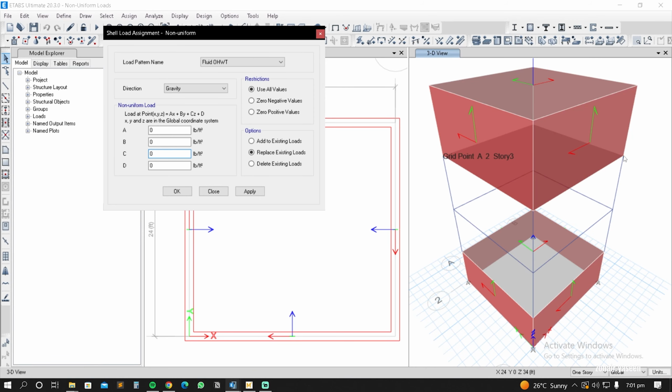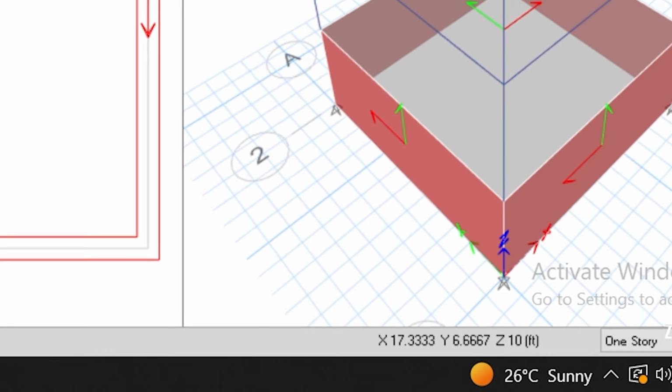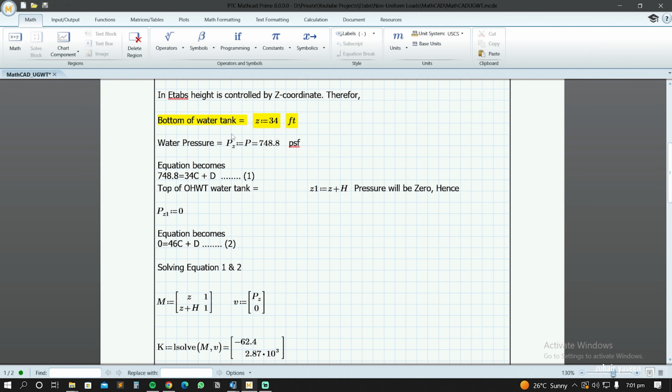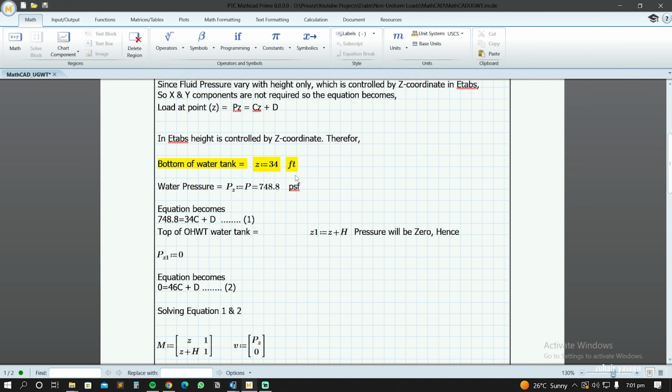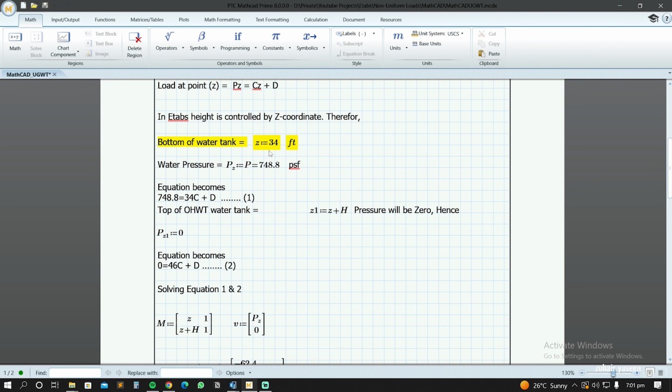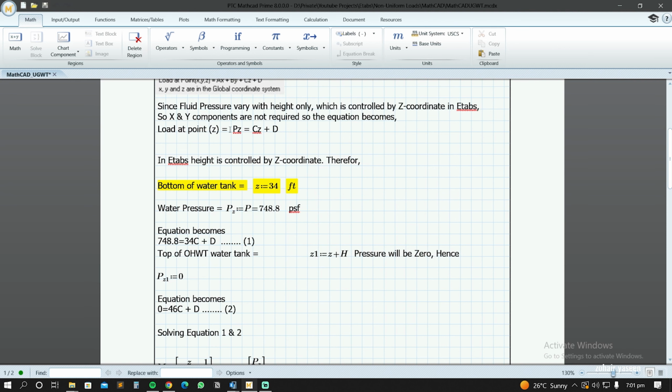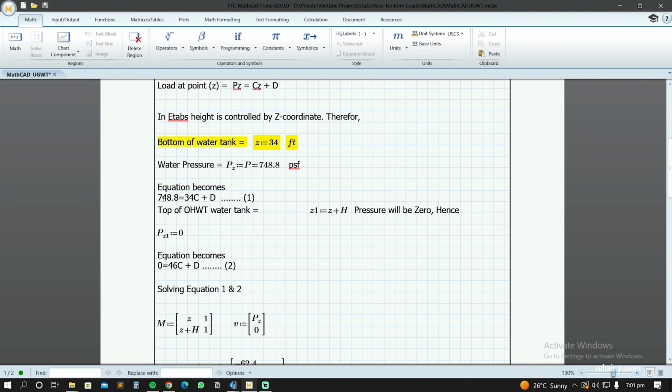Here you can check that the Z coordinate for the bottom of the water tank is 34 feet. So we'll put the bottom of the tank at 34 feet, and then the water pressure. We know that the water pressure we have already calculated for 12 feet of height. The water pressure at the bottom of the tank will be 748.8 psf. So putting these values in this equation, we will get an equation of 748.8, and then